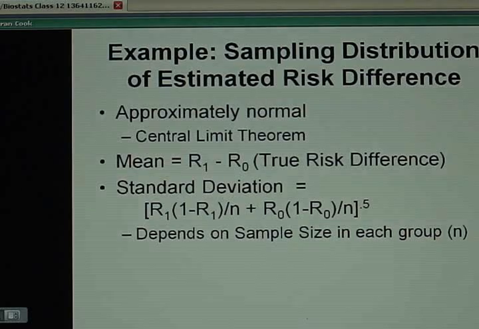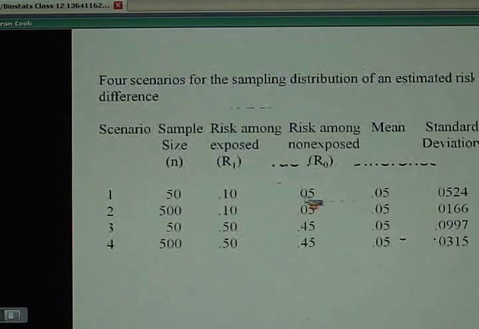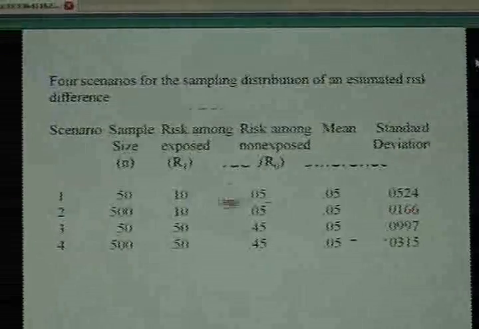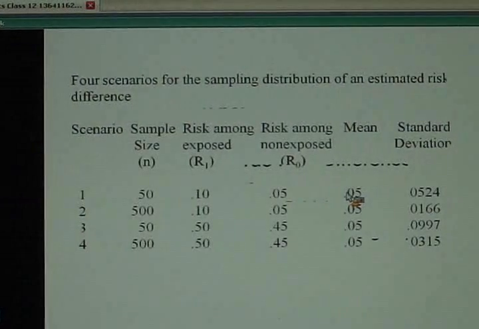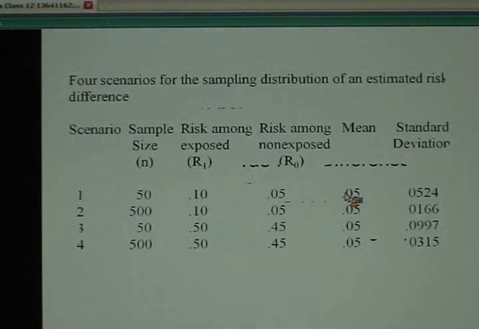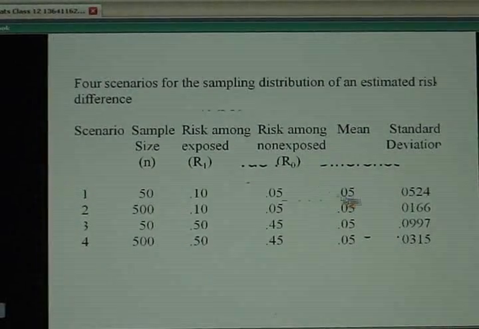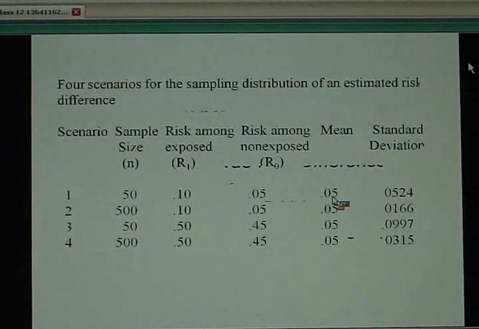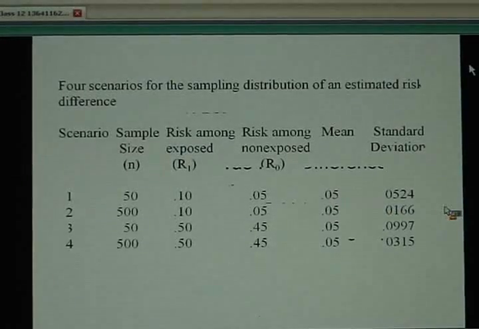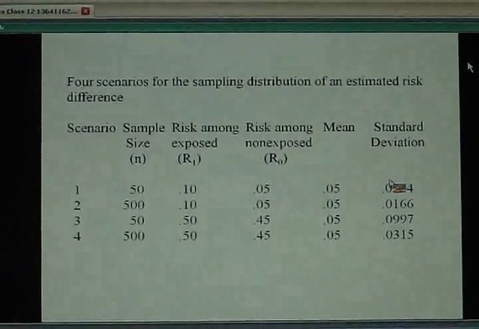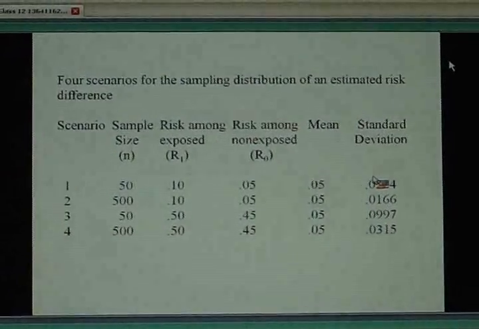And to see that, I ran some computer simulations. What I did, as I'll show you in a minute, is I essentially, with SAS, said, let's consider a study where you have 50 people who have a risk of 10%, and another 50 people who have a risk of 5%. The true risk difference you'd expect in that study would be 5 percentage points, 10% minus 5%. Well, the theoretical slide on the previous slide said sampling distributions should be approximately normal, with the average of all the risk differences from study to study equal to that true risk difference of 0.05, and the standard deviation